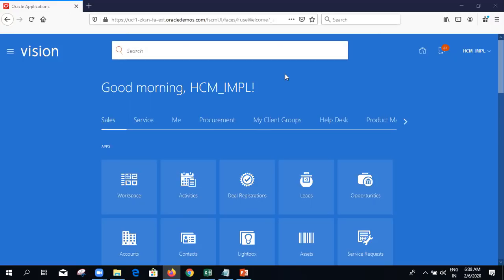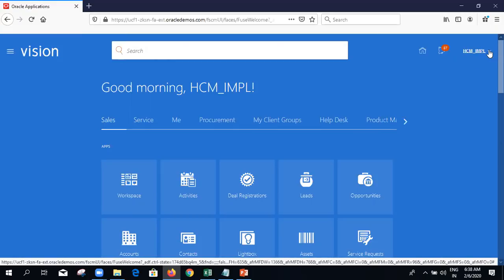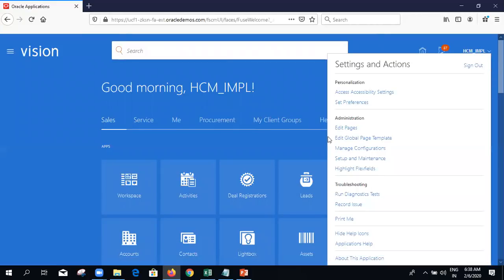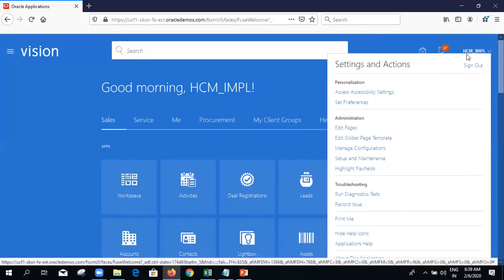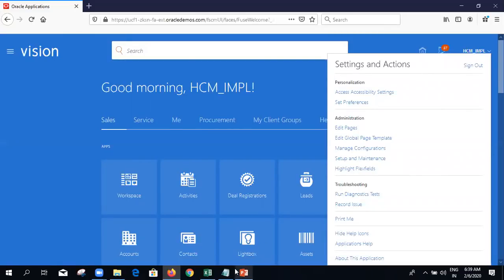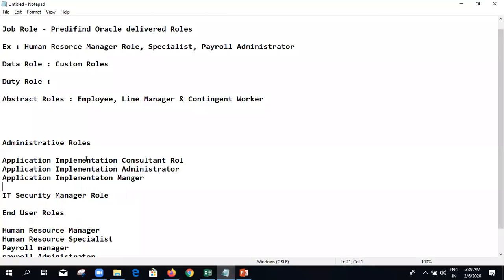So how to create that implementation project? Here on the right side, in settings and actions, we will have setup and maintenance. In order to get access to setup and maintenance, your user account has to be assigned these roles: application implementation consultant, administrator, and manager roles.